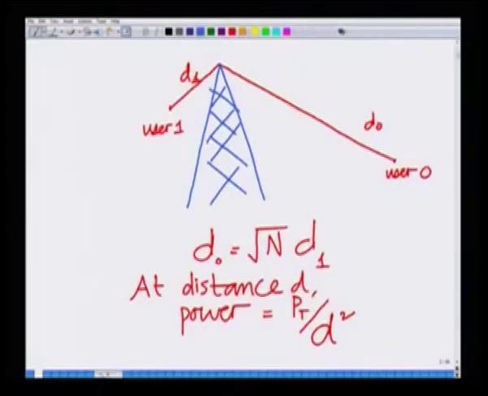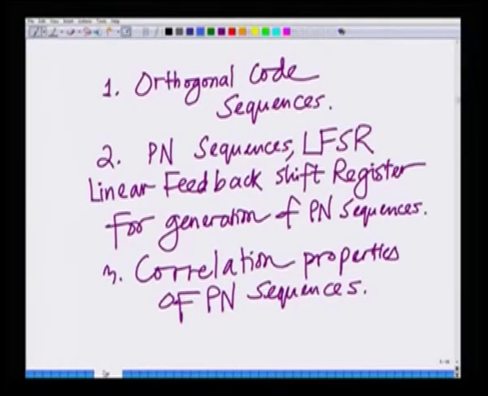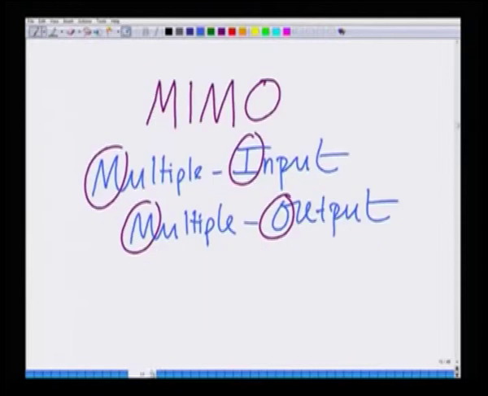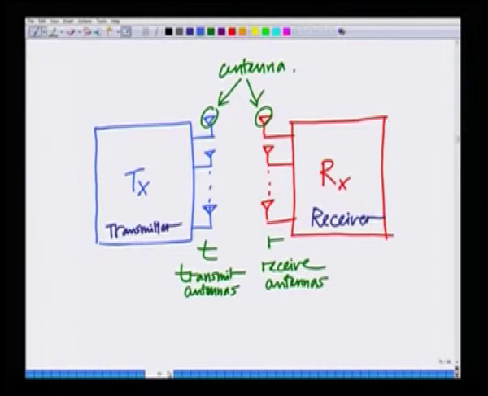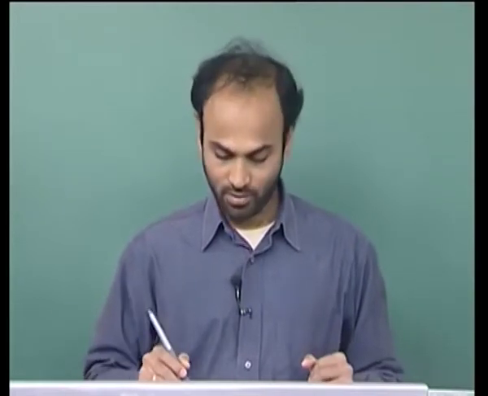Then we had moved on to summarize different aspects of CDMA, starting with the orthogonal code sequences and so on, to just provide a brief summary of whatever we have covered in the CDMA module. And then we had moved on to a new module, namely MIMO, which stands for multiple input, multiple output communication systems, and a MIMO system can simply be represented as having multiple antennas at the transmitter and the receiver. That is, I take a conventional system which only has a single antenna at the transmitter and a single antenna at the receiver. A MIMO system has multiple antennas at the transmitter and multiple antennas at the receiver,